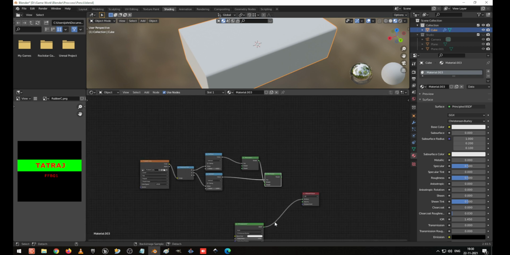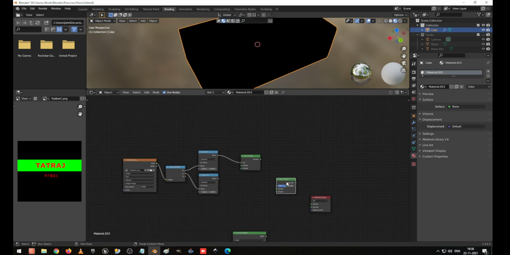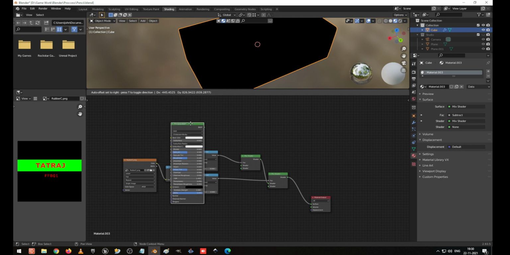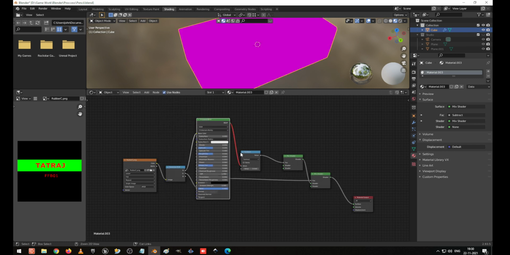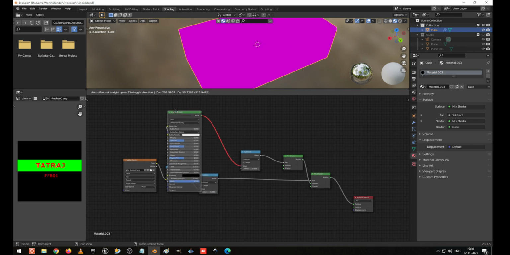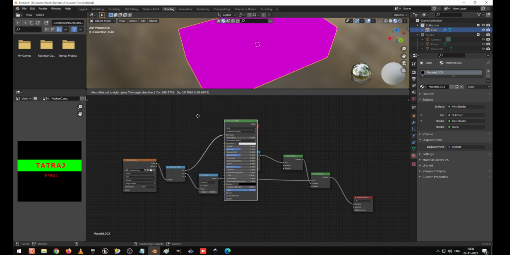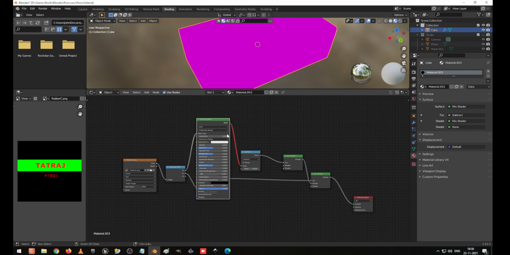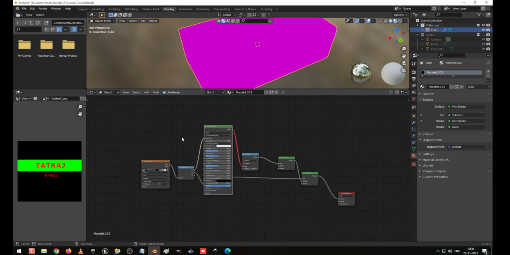Now I am going to disconnect this one, and I connect this shader here. I connect this factor here and this shader to the surface material. So now, okay, I just dragged inside, that's why it came like this.